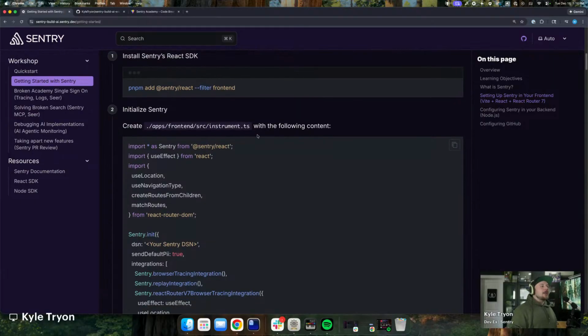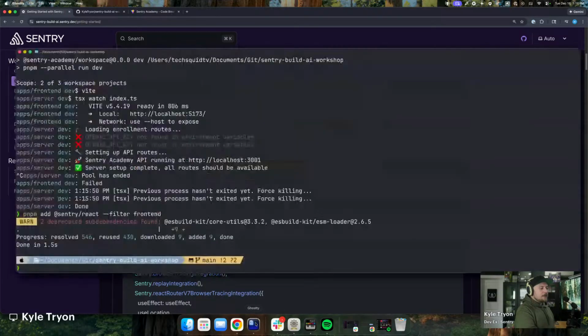Okay, great. So let's copy this. We're going to go to apps front end source instrument. So we'll open up, we haven't opened up Cursor yet. Let's go back into, I'm using Ghostty. You can use whatever it is you want. I'm going to do cursor dot,